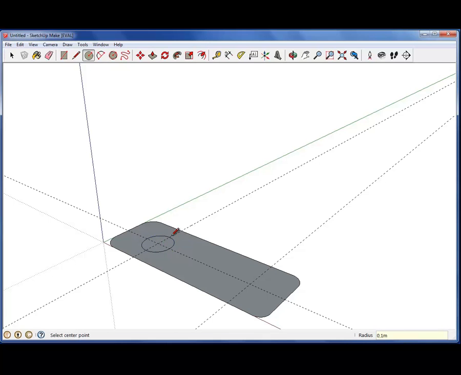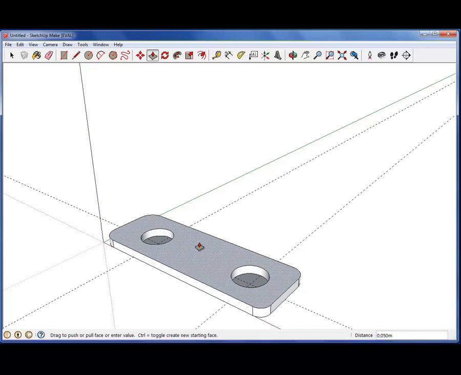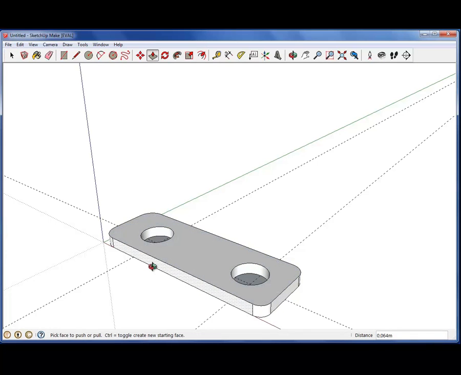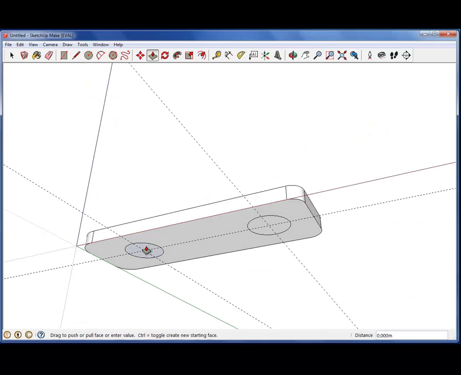I've done my holes, or maybe circles, I can then use the extrude tool, and it looks like a real metal thing. Then holes using the same tool.